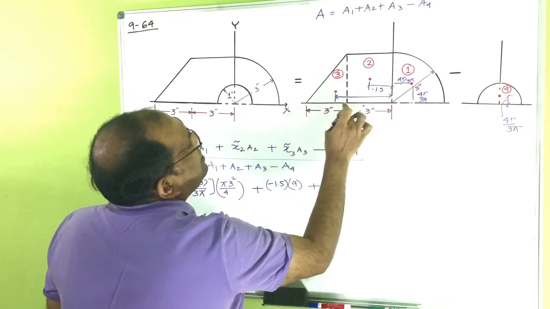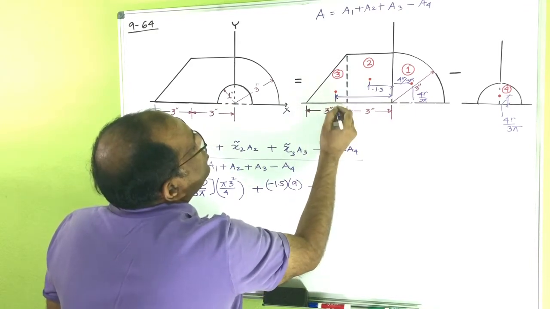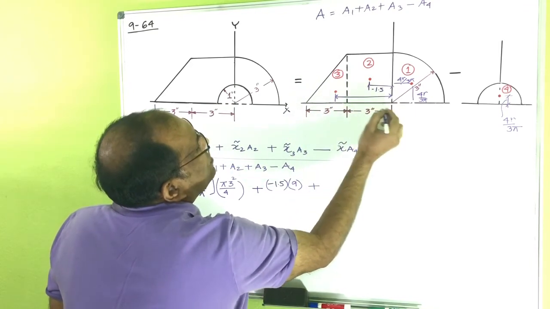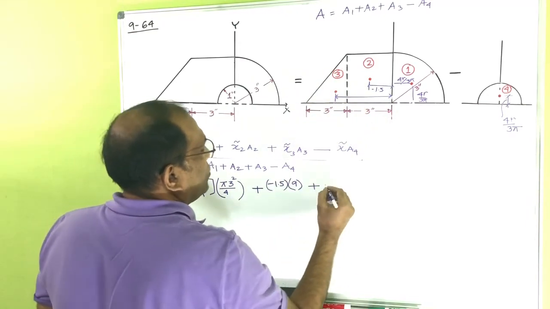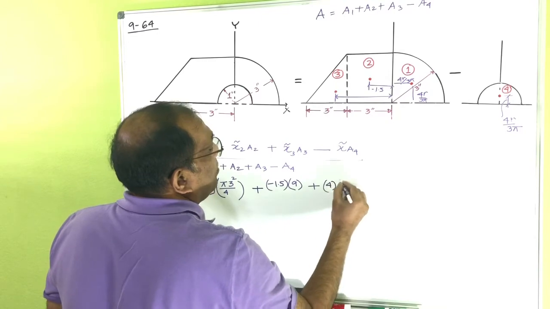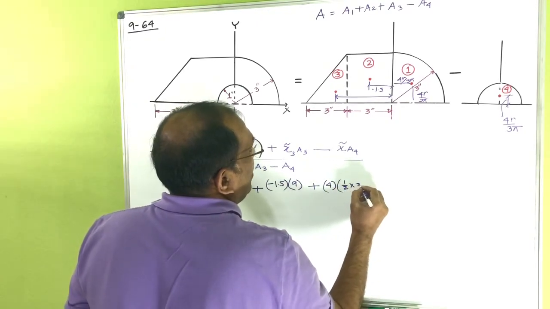This is apex, this is the base, so this is 2/3 from here, so this is 2 and this is 1. So the total is actually 3 plus 1, so 4 multiplied by the area, which is half into 3 into 3,